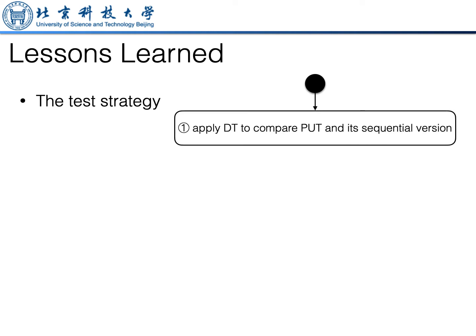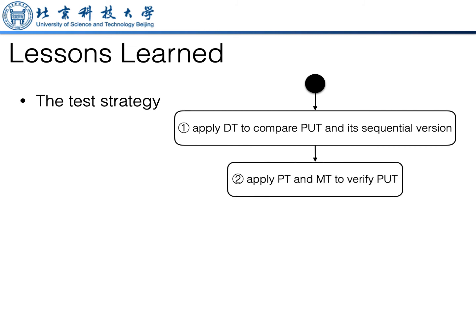First, apply differential testing to compare PUT and its sequential version to find parallelization errors. The consistency between the sequential and the parallel version is also very helpful for debugging, since parallel programs are much harder to debug. Second, apply property-based testing and metamorphic testing to verify PUT because the two approaches are very